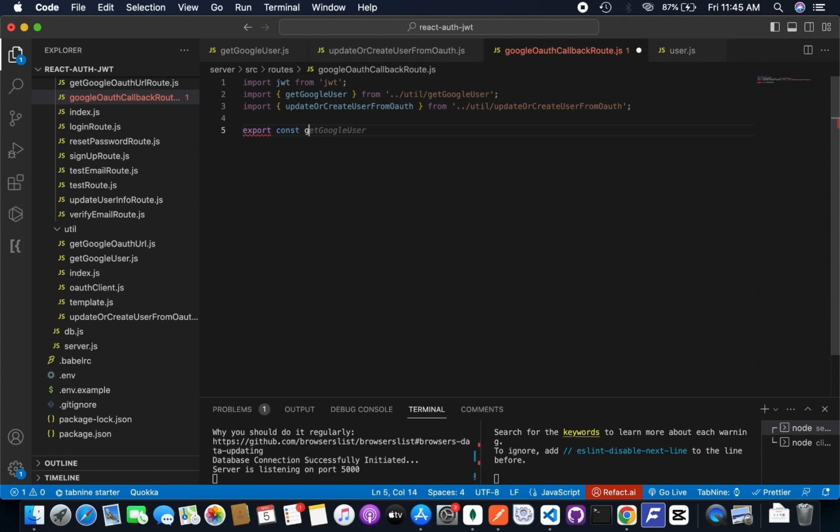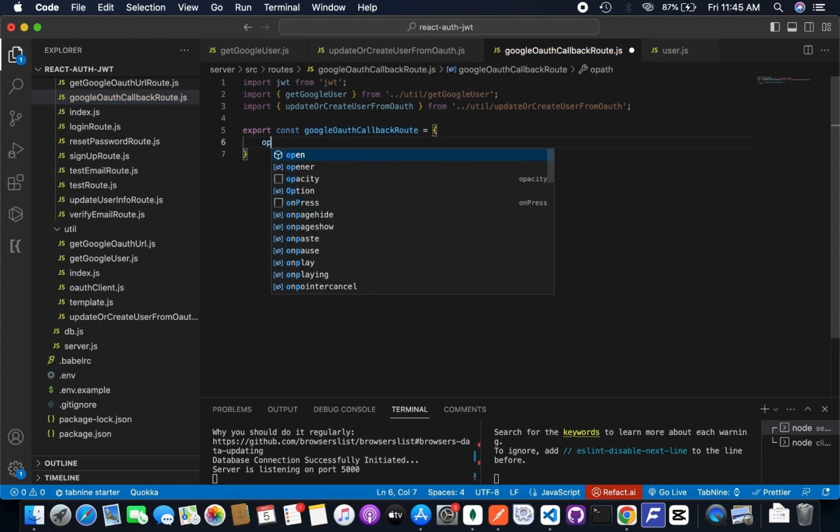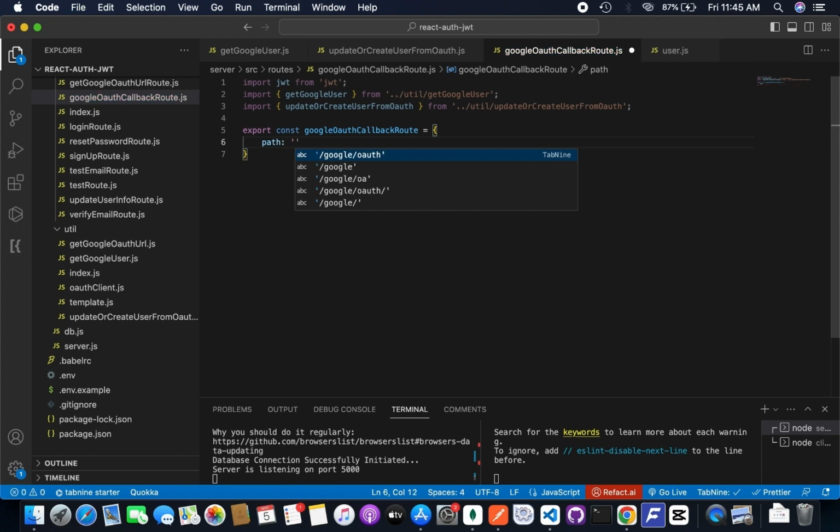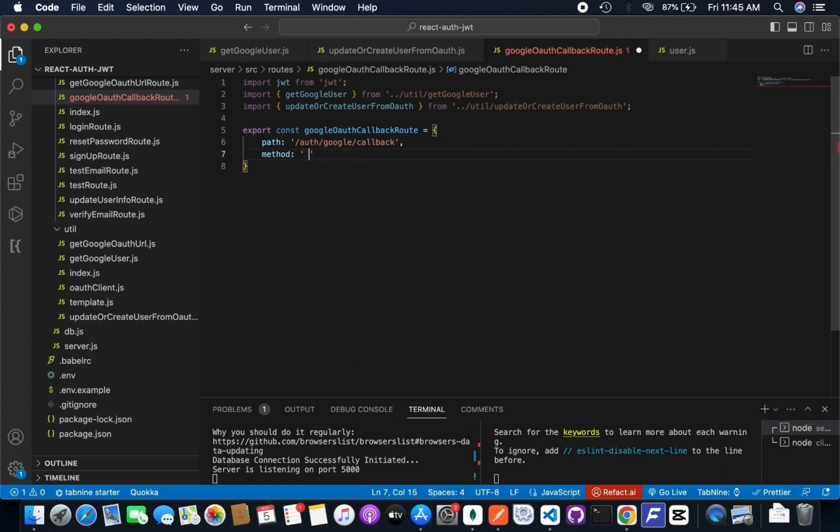Then we'll move ahead to create and export const googleOAuthCallbackRoute function. Basically, I like copying the way I named the files and pasting it in this section. After that, we'll define our path being /auth/google/callback, then our method will be a get method. Then our handler will be an asynchronous function, which will take a request and response as